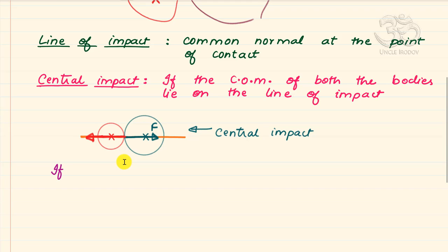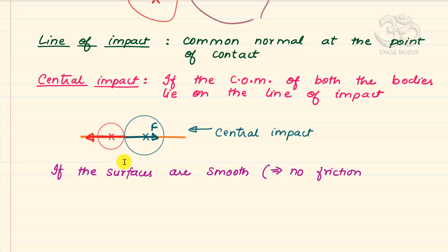So if the surfaces are smooth, that means I ignore friction, no friction tangential to the contact surface, because a tangential force of friction here will give rise to a torque. We don't want the torques. So if the surfaces are smooth, that is, there is no friction tangential to the contact surface,